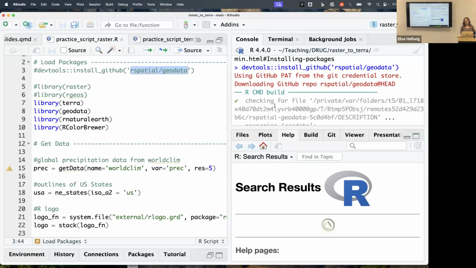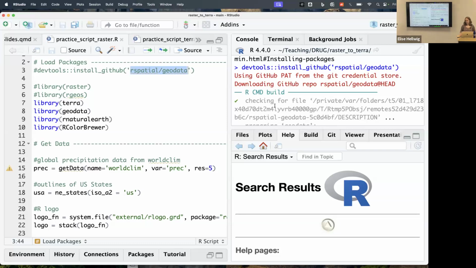Then it will install the package as it exists on GitHub. Now, the caveat being that there is no guarantee that that package works or is not buggy or anything like that. So you know,